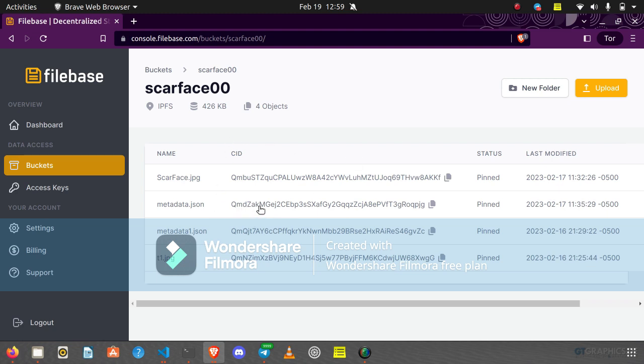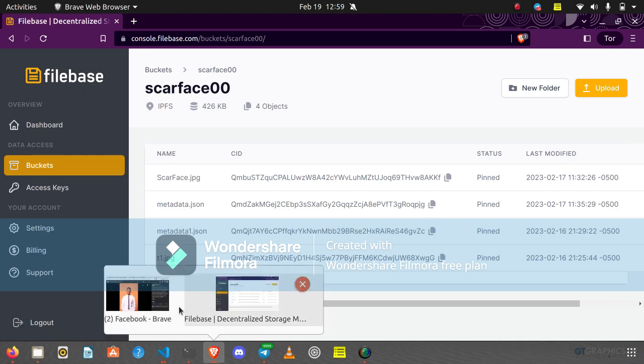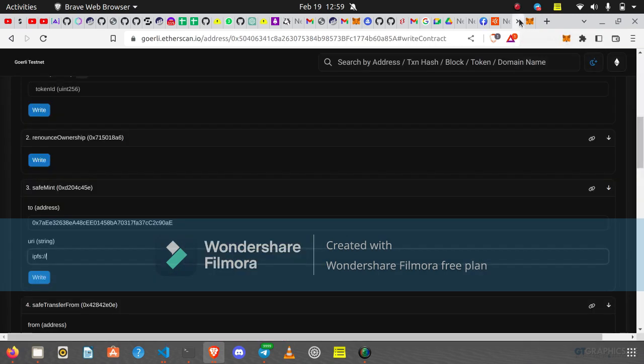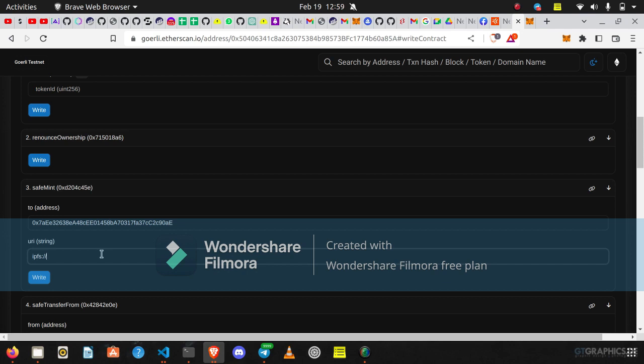Now your metadata CID, you copy it here and come and paste it inside your Etherscan. Look at it here. Remember, we are trying to mint this NFT to our address, to our account. Then what is the URI? That means you have to paste that metadata there. Do you understand? Click on it, paste it there, then you click on write. That's all. Do you understand? Then once you have clicked on write,